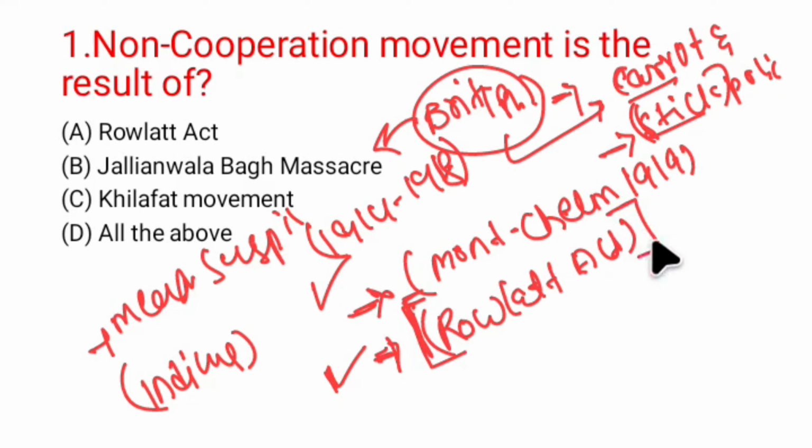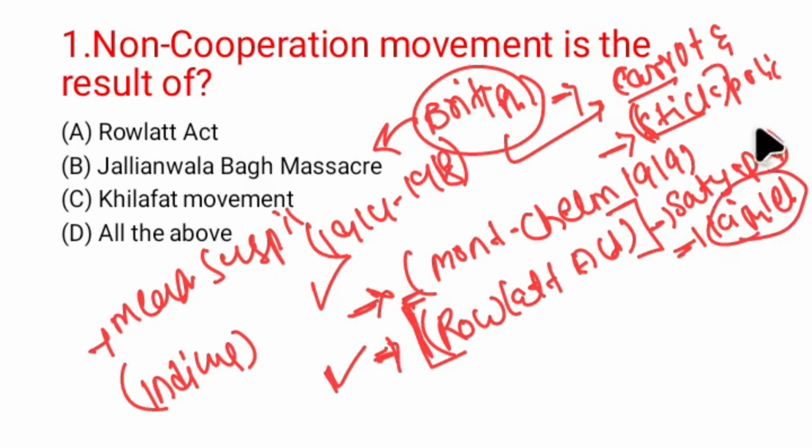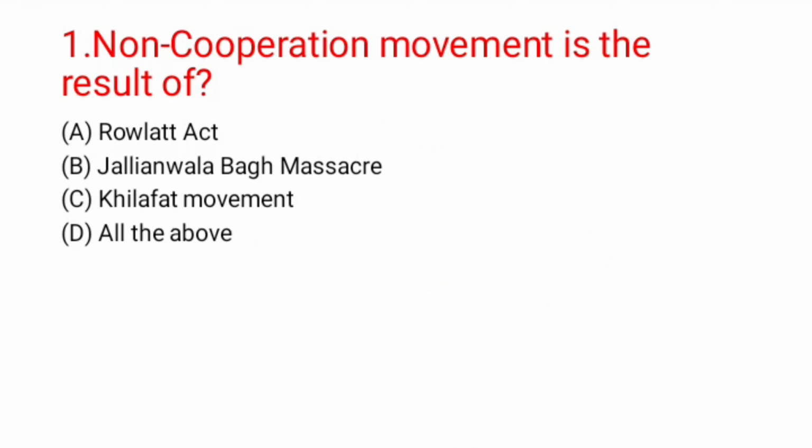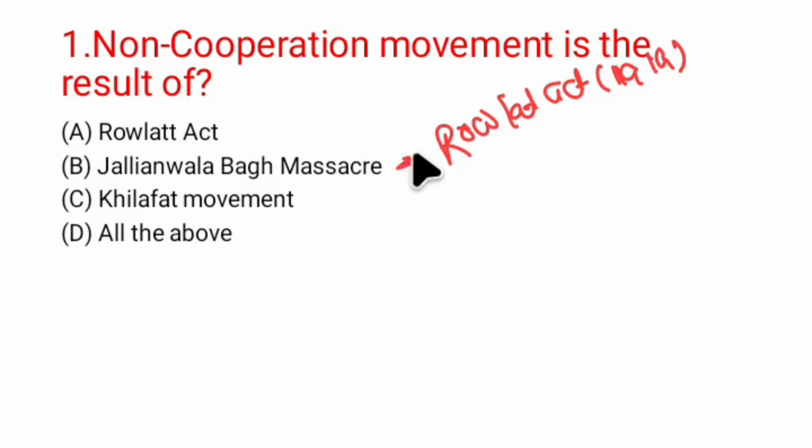Under this act, important leaders in Punjab like Satyapal and Saifuddin Kitchlew were arrested under the provisions of the Rowlatt Act. Let me explain this again. In 1919, the British introduced the Rowlatt Act as a stick. Against the arrest of Kitchlew and Satyapal, on the Baisakhi day, 13th April